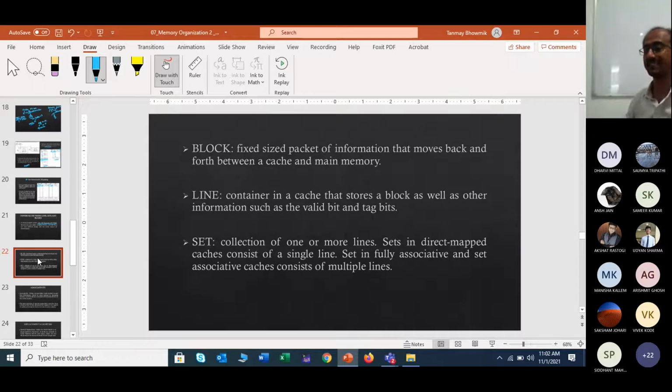I will upload numerical problems once I complete cache memory, and you can also try them. I have uploaded the book, Maurice Mano, soft copy. If you go to the chapter, I think it is chapter 12, the memory organization chapter, and go to the numerical examples of the exercise part, you will get lots of numerical problems.